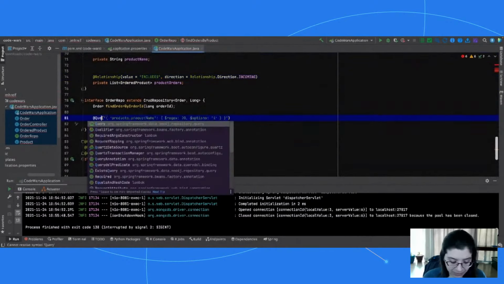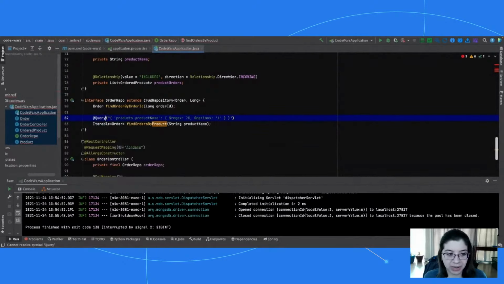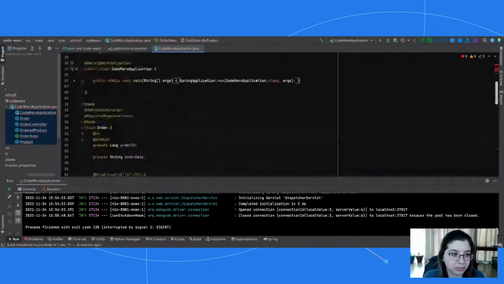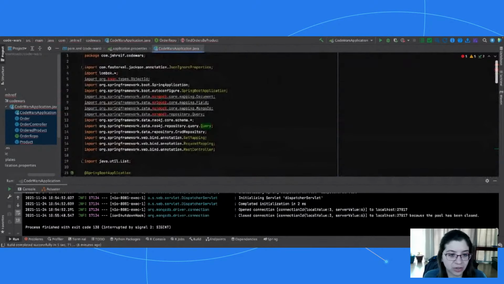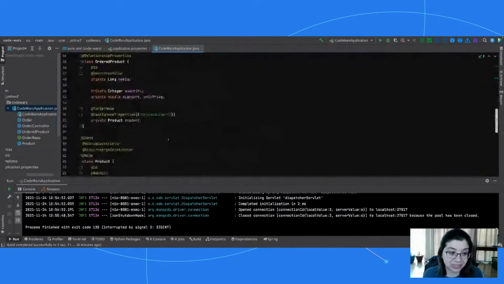Now, again, same thing here, same annotation, but now we're going against the Neo4j package here. So if I look up here, I should see the MongoDB query annotation that we used earlier. And now I have the Neo4j one here. So there's the Neo4j annotation. So fix that. And then, oops, there we go. Optimize my imports. Perfect. Okay. And now let's go down.